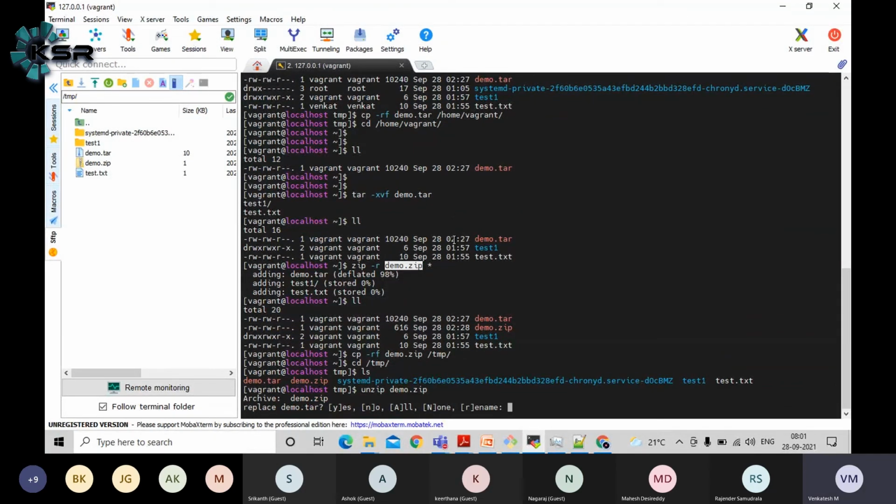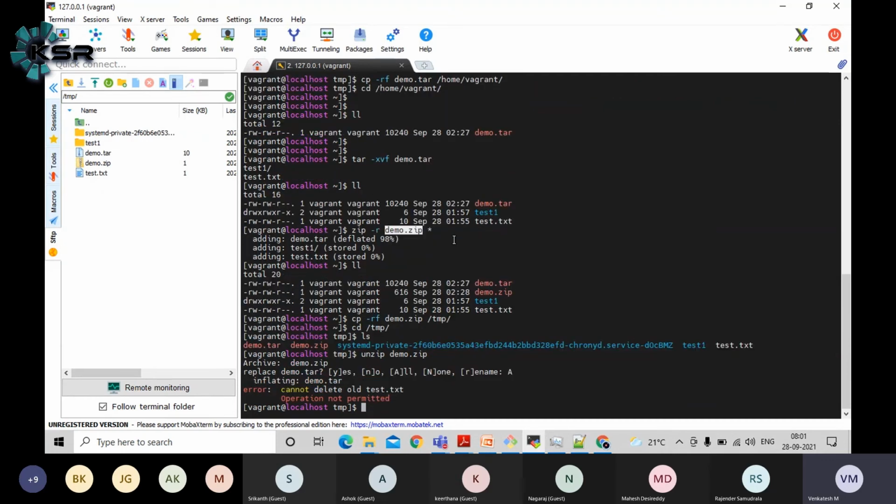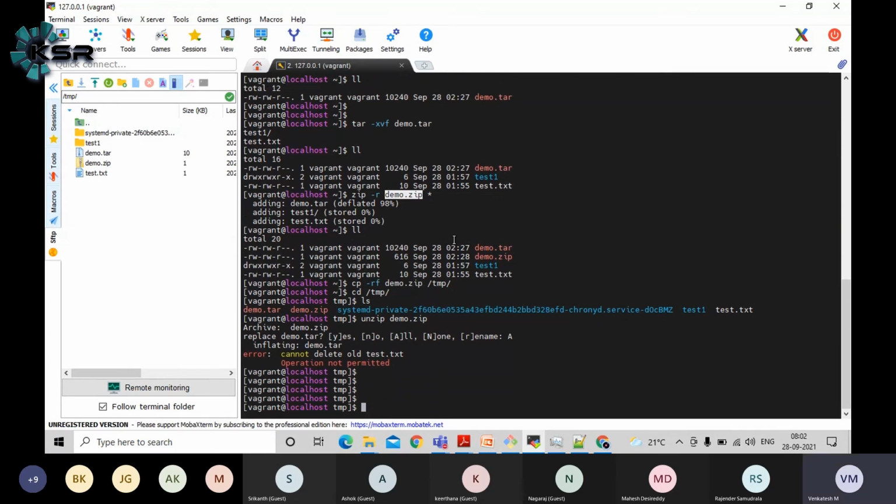Currently some files are there already. In Windows also you will see something like this, right? Like you want to replace everything, override everything. CP -rf. What is that? Copy minus RF, I mean demo.zip. I will tell you. Currently, by default, I have given the command CP space, and this is the source path and this is the destination path.